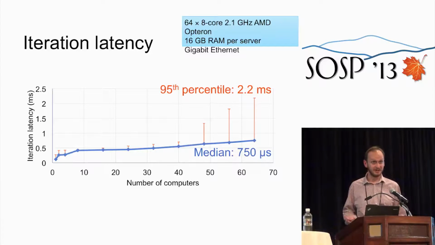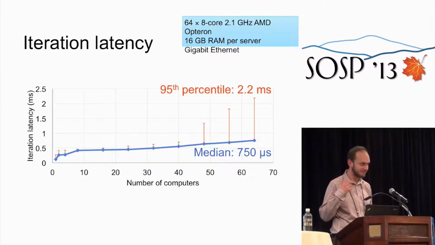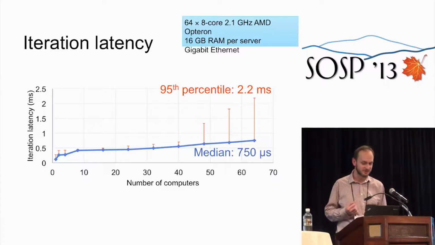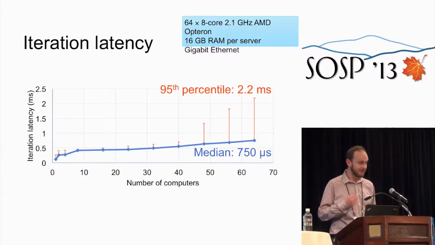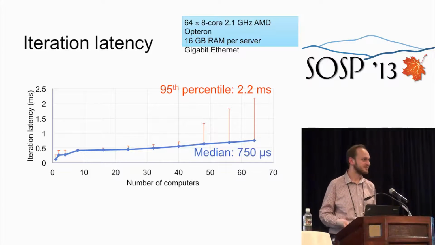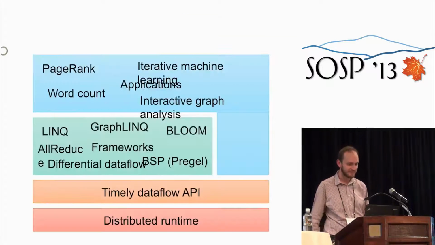Two things to note here. First is that this is orders of magnitude faster than existing batch systems. So it makes it practical, even with these micro-stragglers sometimes occurring, to run iterative algorithms with very sparse amounts of work. And the other thing is that we're running this on a fairly standard operating system using standard network protocols, which is to say that we have some ideas for how to improve this further.